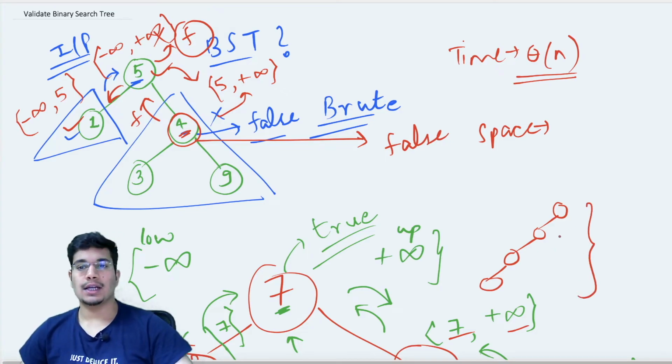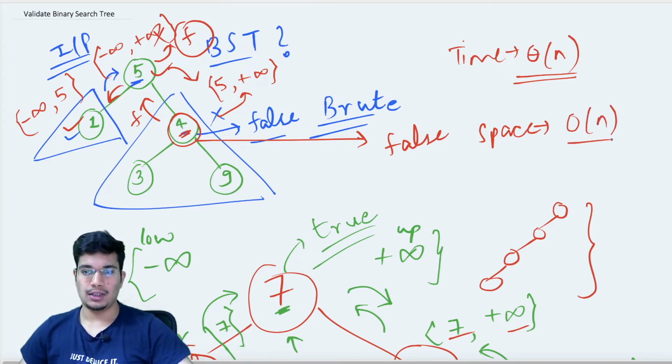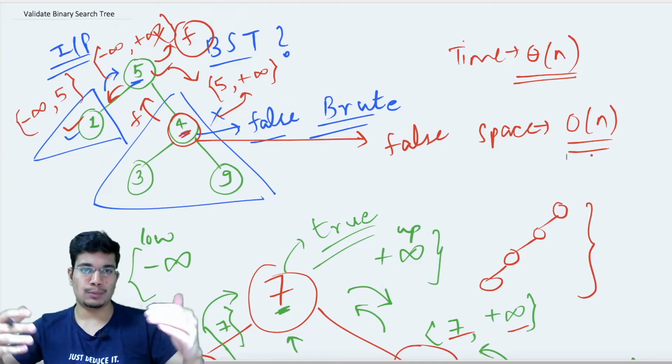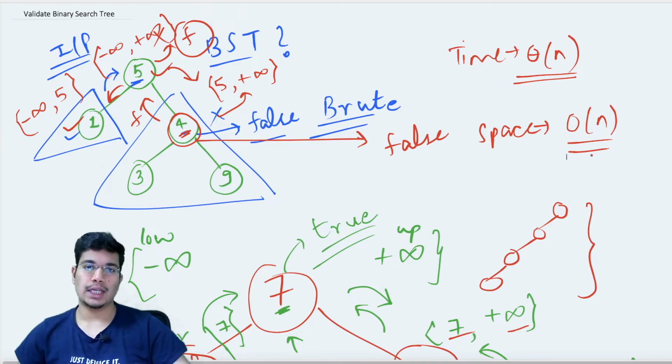So in that case, the height of the tree can be bounded by the number of nodes. And we cannot be certain about the height of the tree, so we can clearly say that it's big O of the number of nodes, which is the number of stack frames, the depth of the tree that is going to be residing in my call stack at one point of time. Those many recursive calls will be there. So theta of n will be the most optimized time for this approach, and big O of n will be the space for this approach.